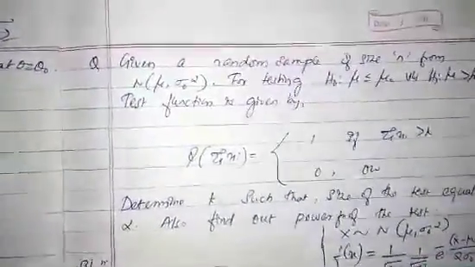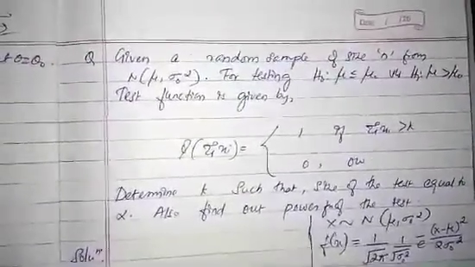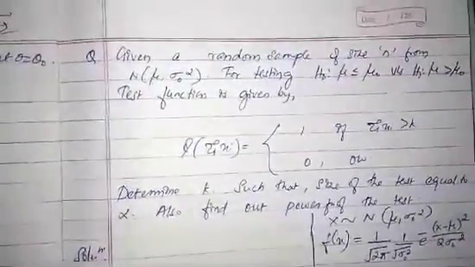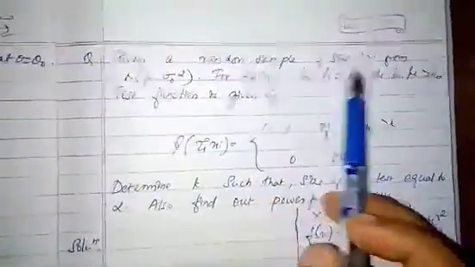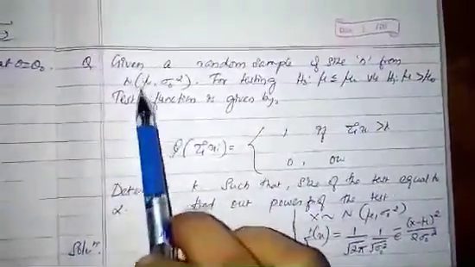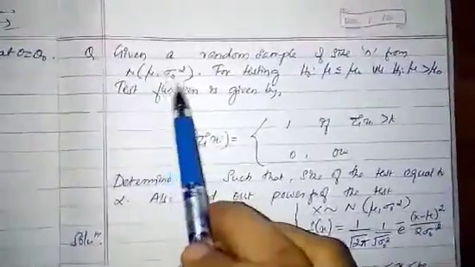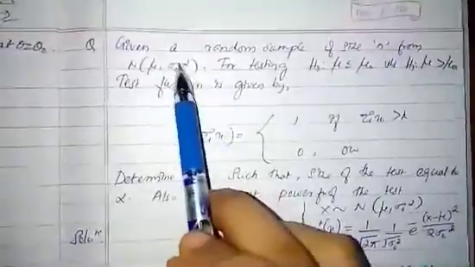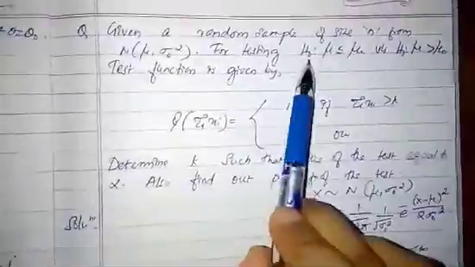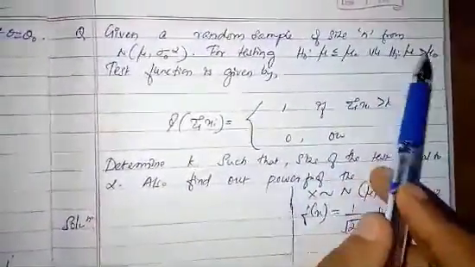Today we are going to discuss some problems related to the size of the test and also the power function of the test. Here the question is: given a random sample of size n from a normal distribution with mean mu and variance sigma naught square, where the sigma value is known, for testing H naught: mu is less than or equal to mu naught,